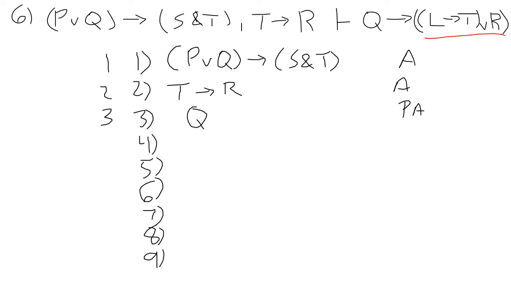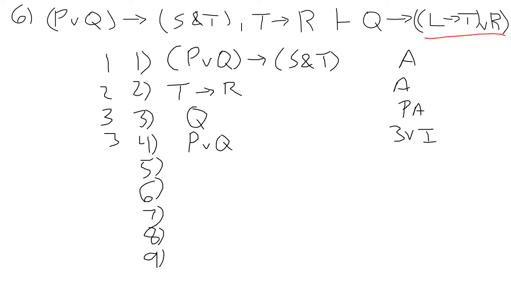And to do that, we're going to need one of these disjuncts. We don't have L arrow T anywhere, so we probably aren't going to get that. We just need R by itself. We'll wedge in the L arrow T, so we know we're looking to get to R. So to get to R, we need to get the conditional statement out of line 1. To do that, we got to wedge in the P, so that'd be P and Q from 3, wedge in,